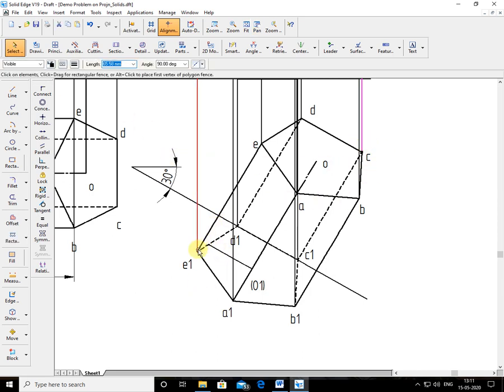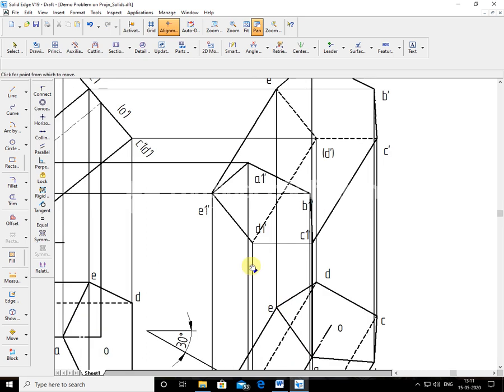Some are seen means those coming as border are seen, and those which are coming inside are not seen. It's like that. So that's why this B1 is seen, A1 is also seen. That's why corners A1, B1 both are seen. So the lines going from them are all seen. So from A dash to A1 dash, it is seen. Okay. So B1 dash to B dash, it is seen.